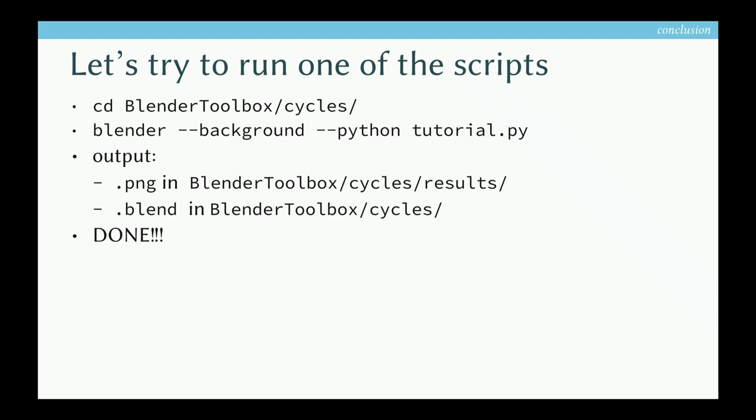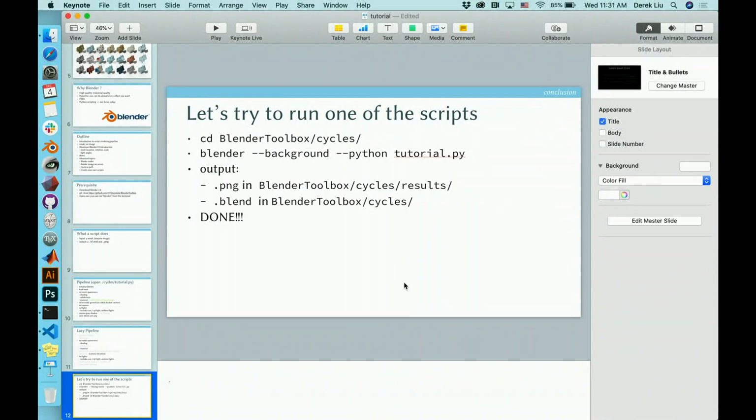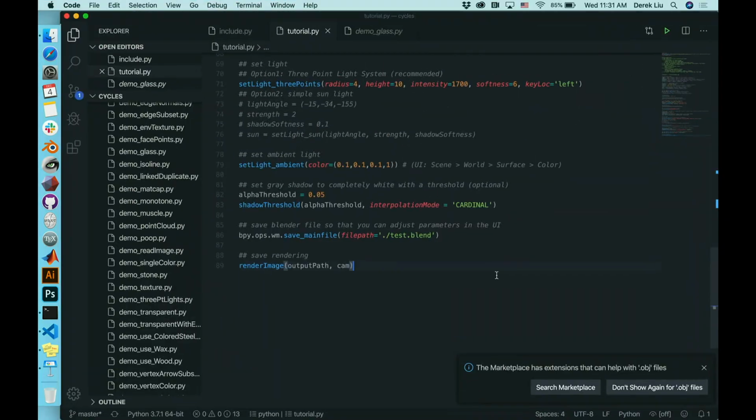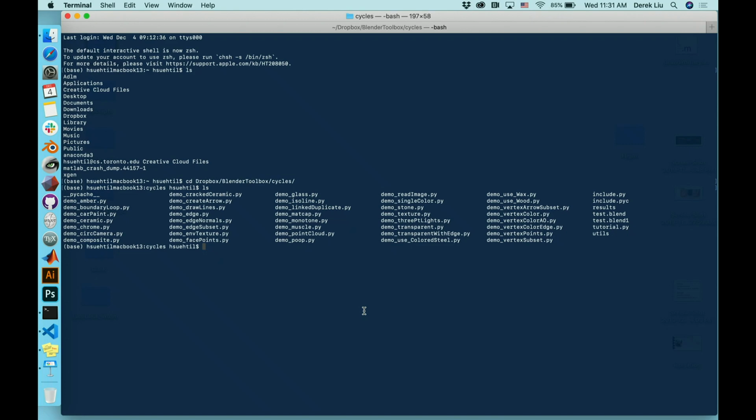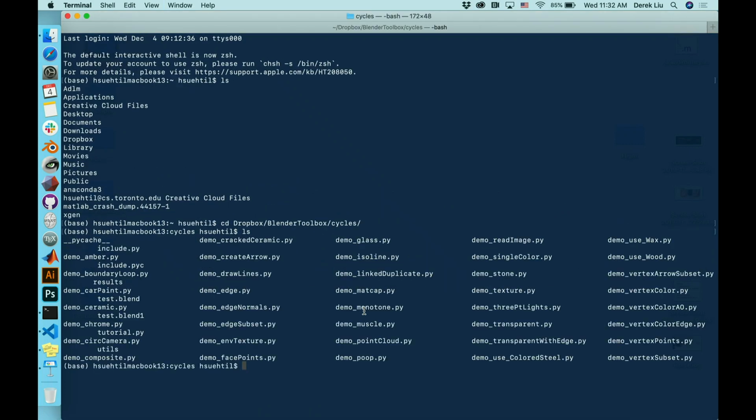Okay, so now let's try to run the script. If you guys have downloaded it and are able to run the Blender file, open your terminal and let's make it bigger. And now I'm in my cycles, in the Blender Toolbox cycles folder. If you're in this folder, then you can just run it. I know the straightforward thing is to run python space demo whatever, but here you need to use Blender to run that file. So you need to type blender and